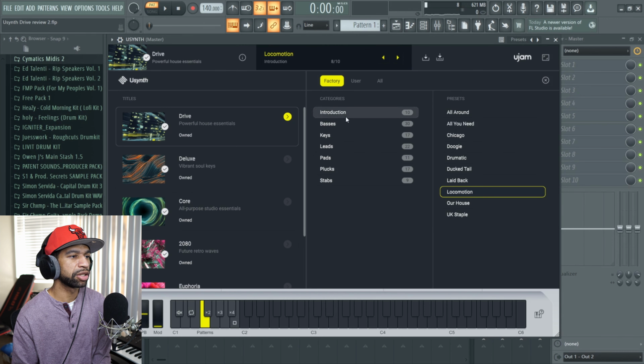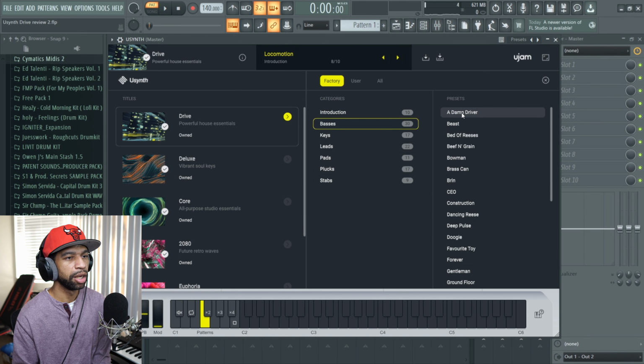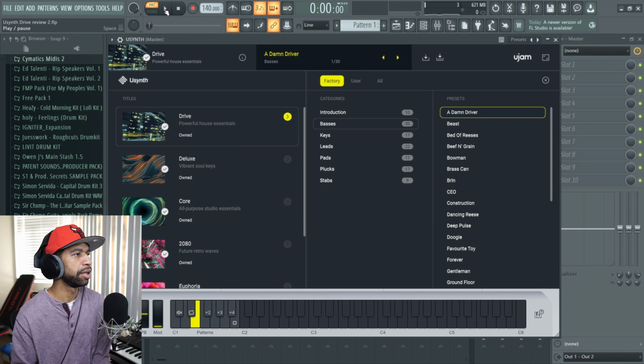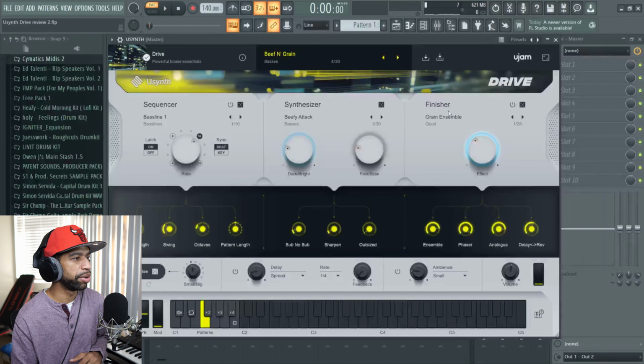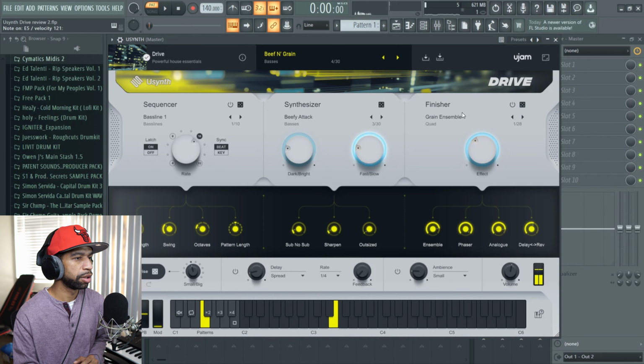All right, so let's go ahead and check out some other stuff. We'll go through some basses. I'm just gonna leave the same notes up here for the basses and let you guys hear what some of these sound like. And one thing that you have to pay attention to is a lot of the basses are arpeggiators. So if I just hold it down,